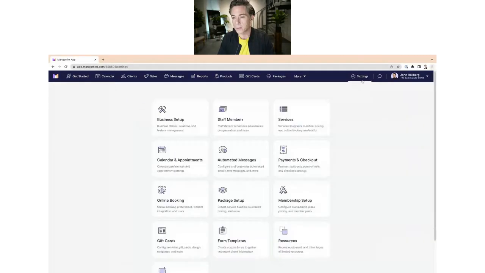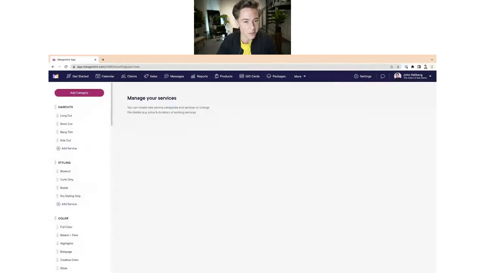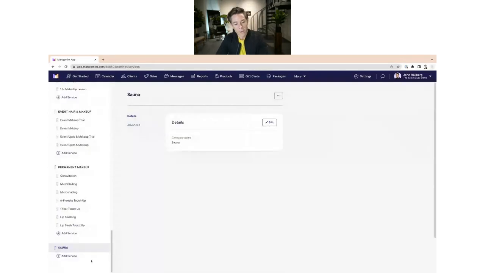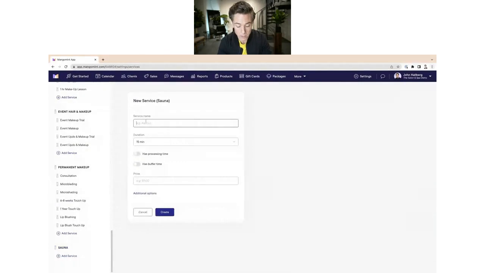And we'll go into the services list. I don't have a sauna service in here right now, so no, I don't. So let's add a category for sauna. So we'll have that service category in here, and we can then add a service which might be, what did we call it? The steam room, maybe like 60 minutes. So you can book that, which has a duration of